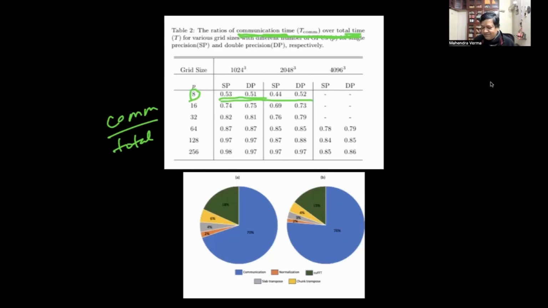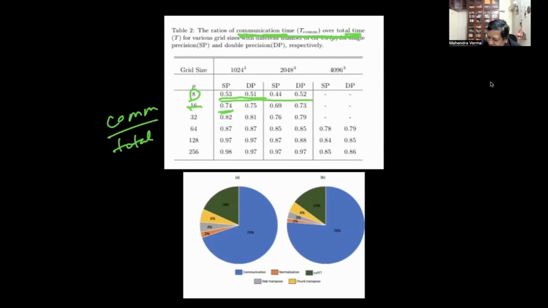It's great, no? We are able to use it reasonably optimally. Communication and computation are roughly equal with 8 GPUs. With 16 GPUs, 75% is communication, 25% is computation. So 3 times communication, 1 time computation.